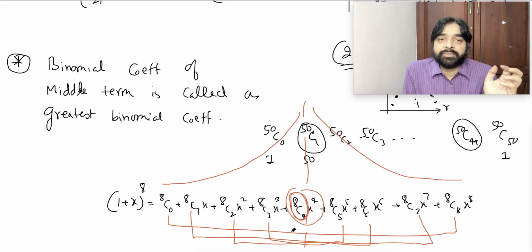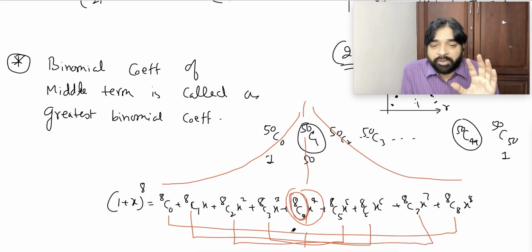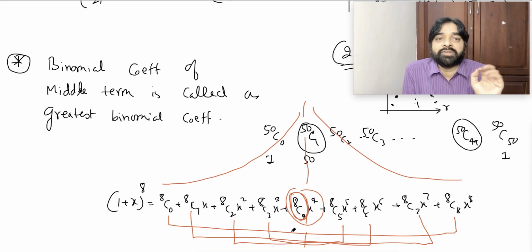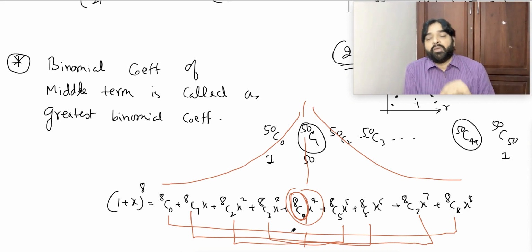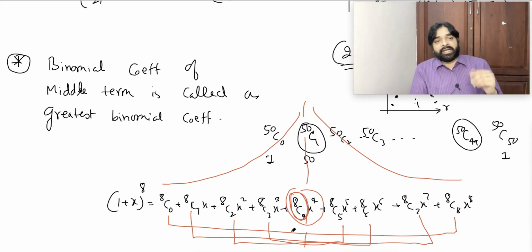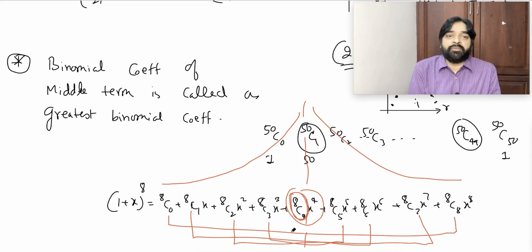Is this clear to everybody? These are very simple things. I don't need to tell you what exactly it means, but you should understand the meaning of the greatest binomial coefficient. Simply learning the formula will not serve the purpose. Why do we use the term greatest? Because the value increases and then decreases. Whenever a value increases and then decreases, then 100% there is a maximum, and the greatest term will come.